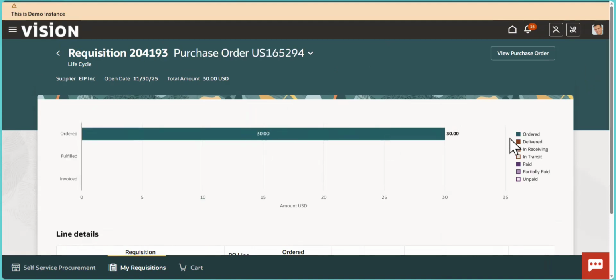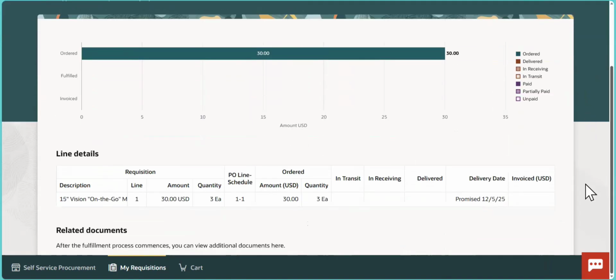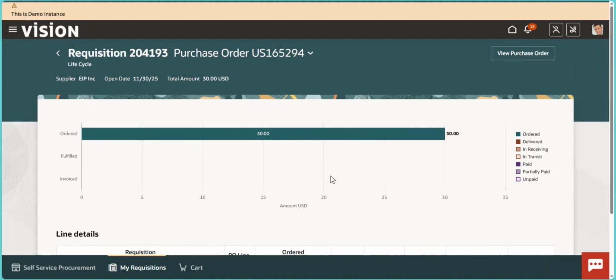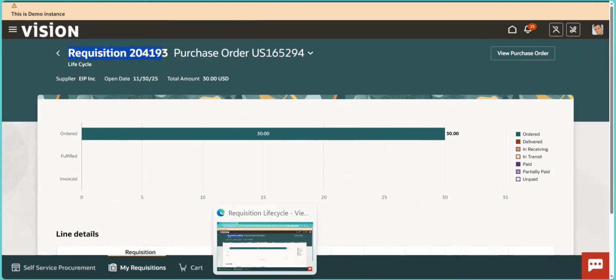The order, okay, ordered is there, delivered is not there because it is not yet received. Earlier it was a different way, now it's a different way. So this is the requisition number and this is the PO number. So the next, what is next? So you need to perform